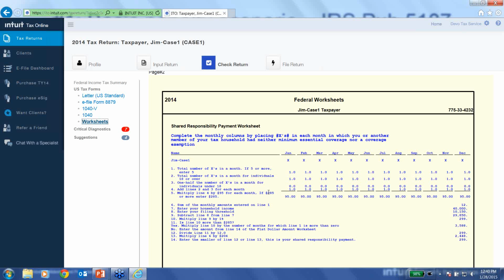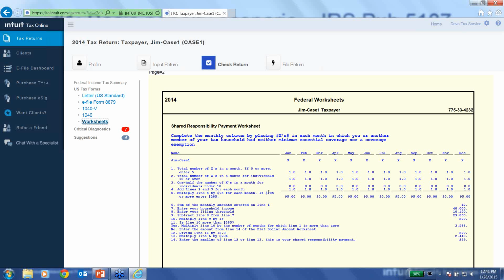What the IRS does here is first they gross up the penalty and then they divide it by 12. So we take the annual penalty amount, either the 1% of household income less the threshold or the flat dollar. We multiply it by the number of months where there is no coverage or no exemptions. And then down on line 12, we divide it by 12. So we bring the number back down. So in this case, the penalty is the $299. That's based on 1% of household income less the threshold, and that's greater than the flat dollar amount